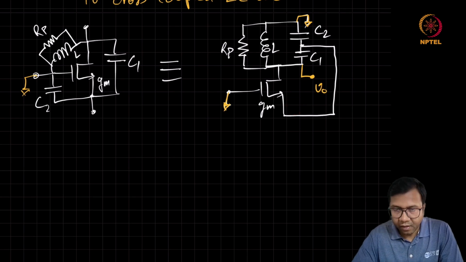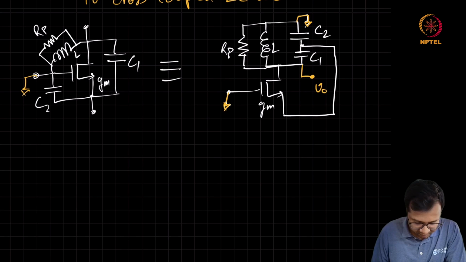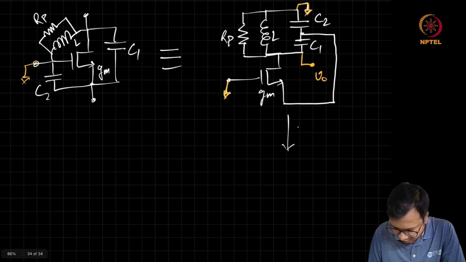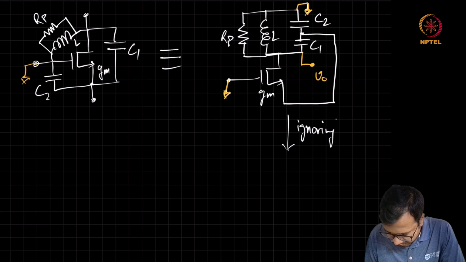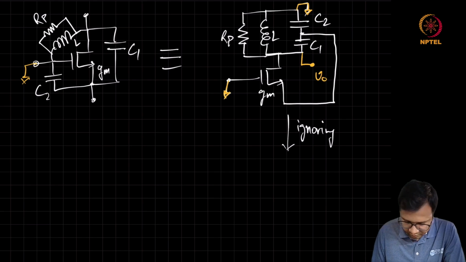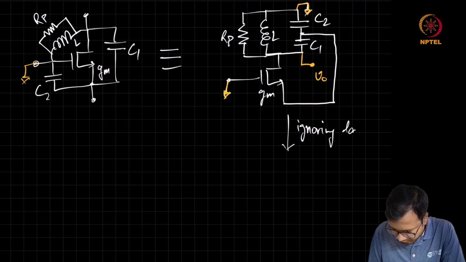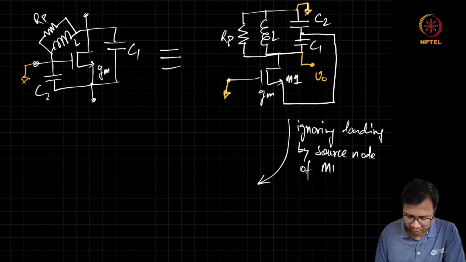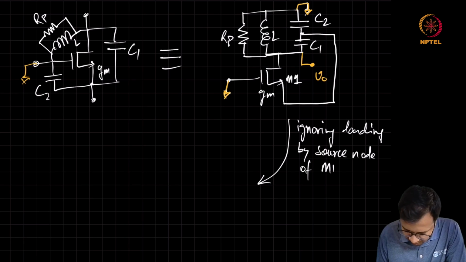Let us ignore that current to simplify our analysis. So if we ignore loading by source node, M1, and this is the M1,